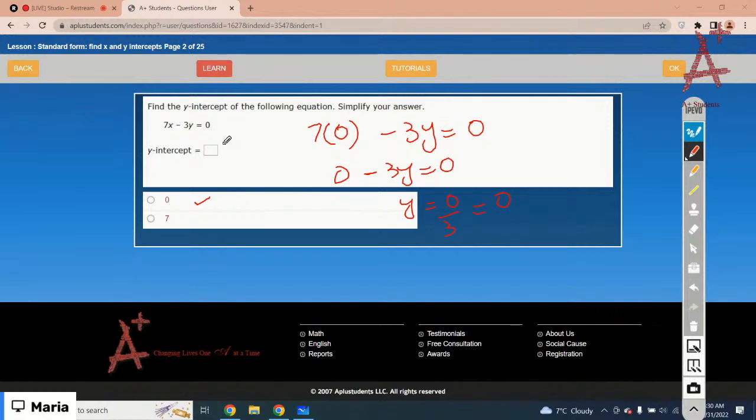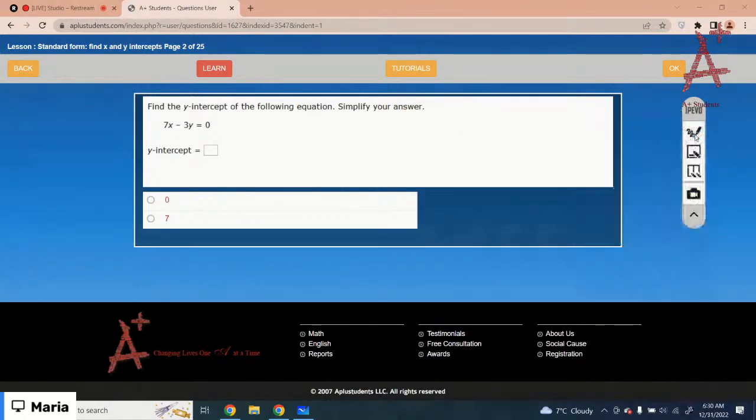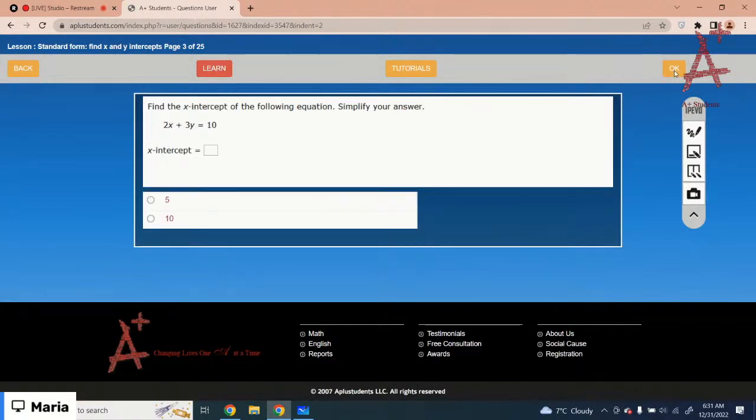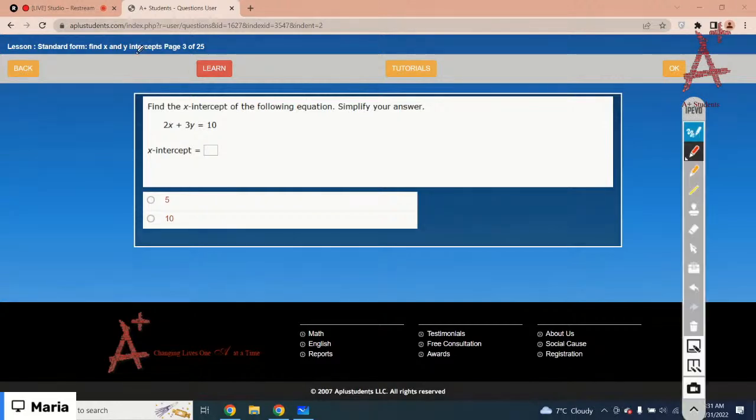So select the correct option, then click on the OK button. Okay, find the x-intercept of the following equation. Simplify your answer. So you have to find the x-intercept of the equation. That means you have to replace the y variable with a 0. Got it? Just do 2x plus 3, replace the y with a 0 and solve the equation. 3 times 0 is